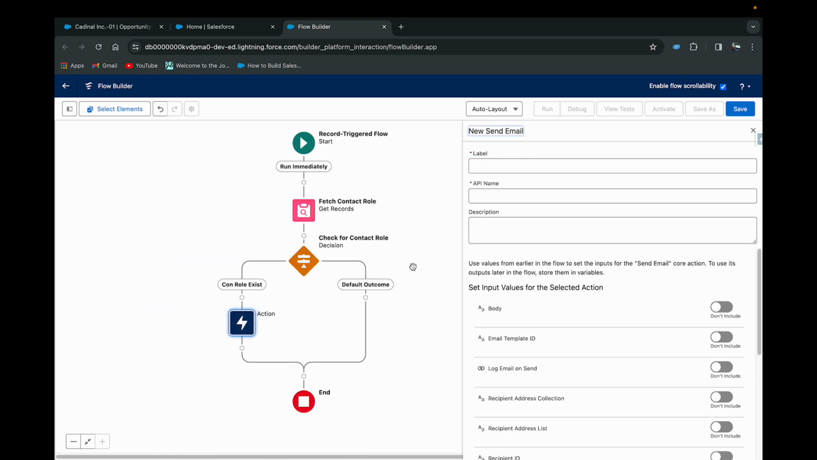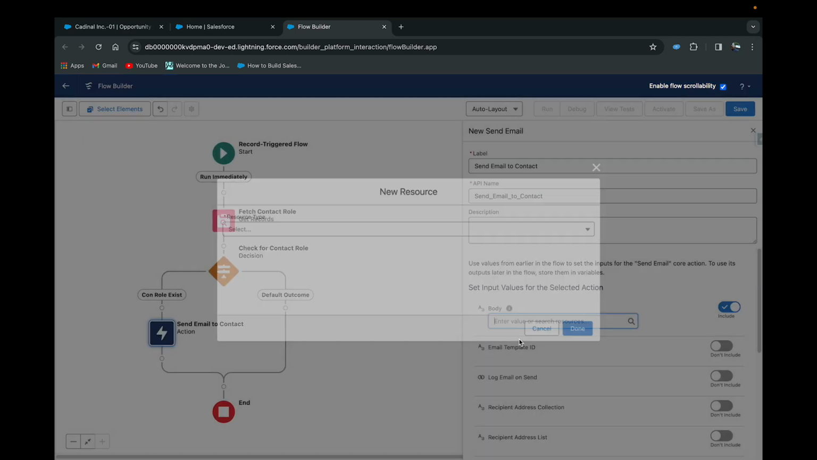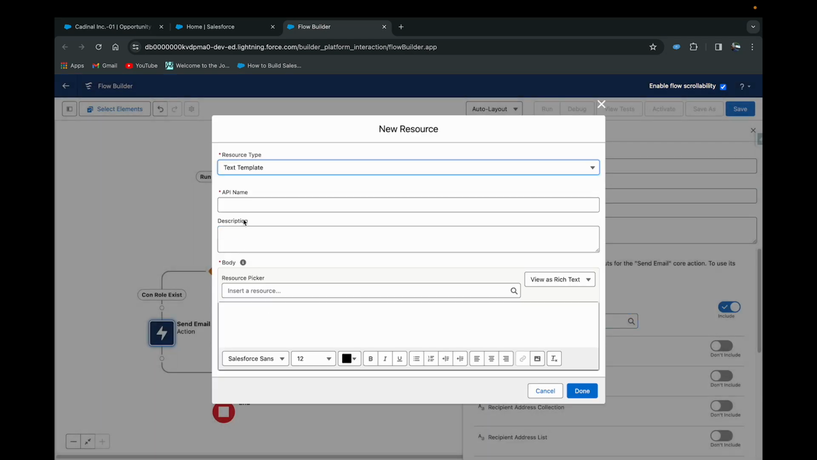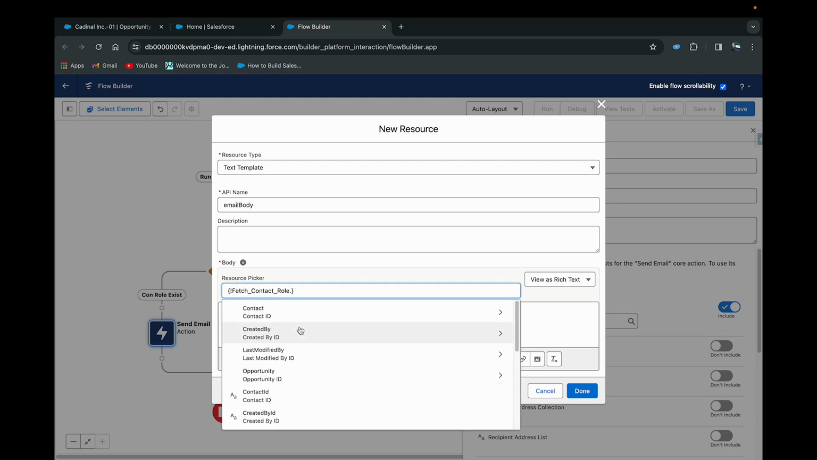Now after selecting the Send Email action, we need to provide a label. So let's say Send Email to Contact, and now we need to provide the body. So in the body I am going to create a text template, and let's say Email Body, and after that I am going to type, let's say, Hi, the name of the contact. So let's say fetch contact role dot